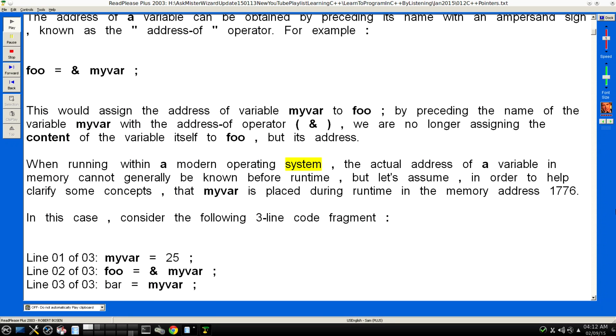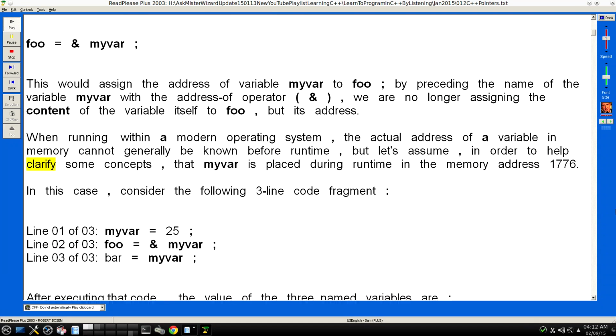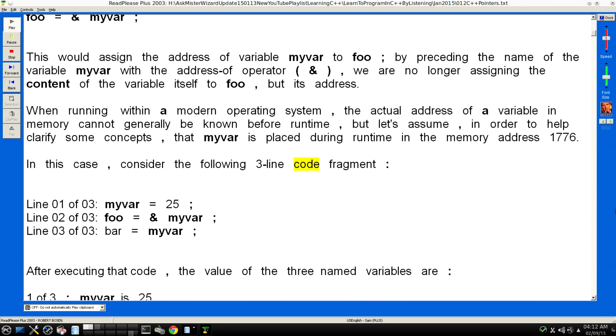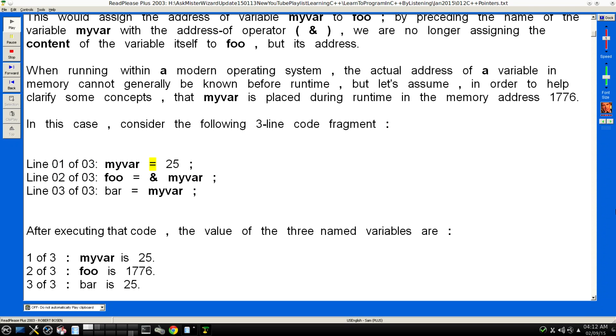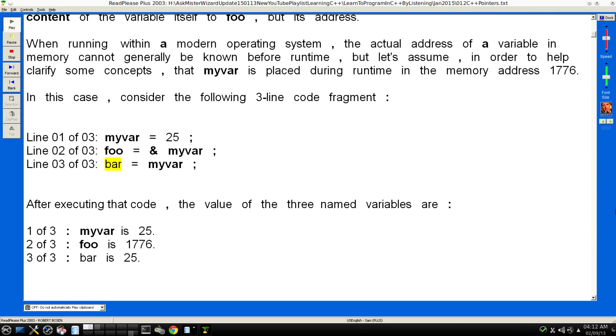When running within a modern operating system, the actual address of a variable in memory cannot generally be known before runtime, but let's assume, in order to help clarify some concepts, that myvar is placed during runtime in the memory address 1776. In this case, consider the following 3-line code fragment: line 01 of 03, myvar = 25; line 02 of 03, foo = &myvar; line 03 of 03, bar = myvar;